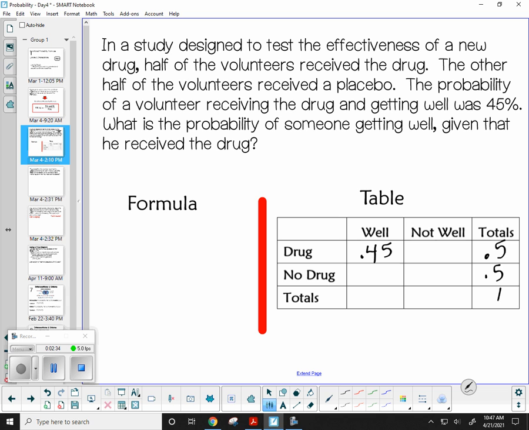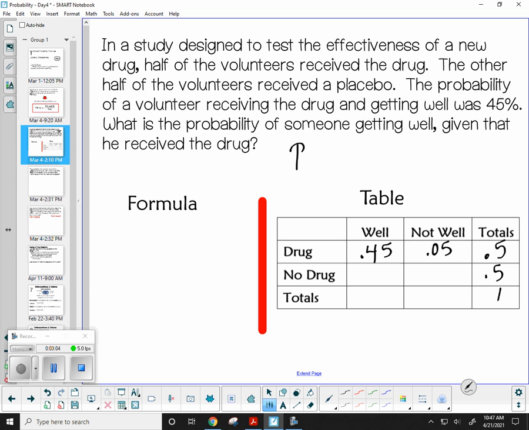Now, I can fill in the rest of this row, right? This is like 45% plus what gives me 50%. So that'd be 5% or 0.05. Is that okay? Okay, so let's think about what we did yesterday. I can't fill anything else in vertically. I don't know enough about the people who had the placebo. Is that all right? I really don't need it either, but it says, what's the probability of someone getting well